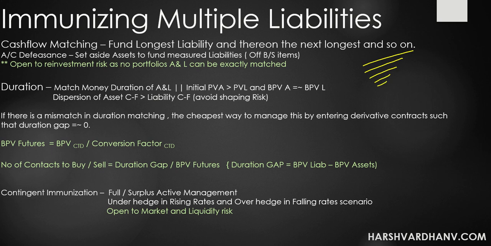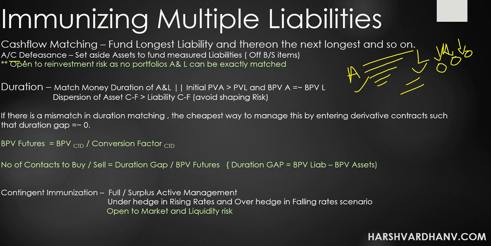Like this, you can create a ladder of cash flows, right? So for each liability, there is an asset and it is totally funded. Now, if I have an asset for each liability, and essentially my net debt is zero, net asset is zero, net liability is zero, everything is zero. So what I'll do is might as well take both of them off the balance sheet so that my balance sheet is much cleaner and easier to understand.